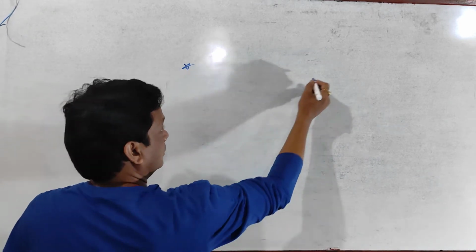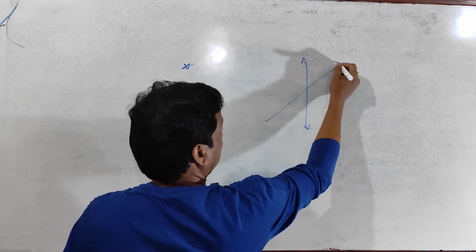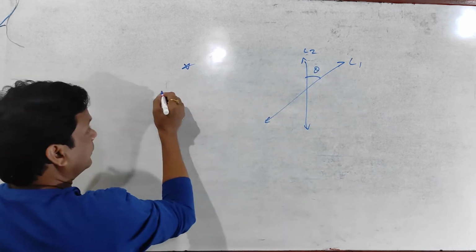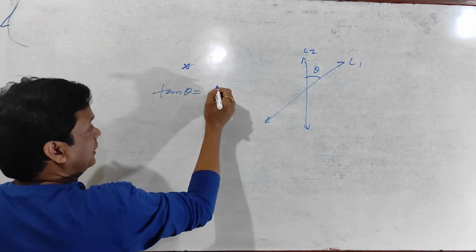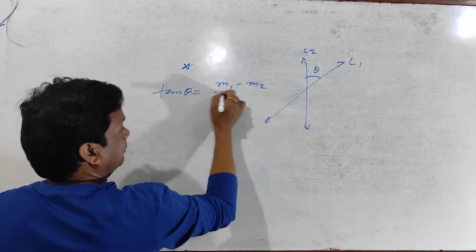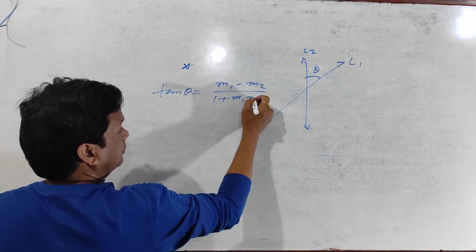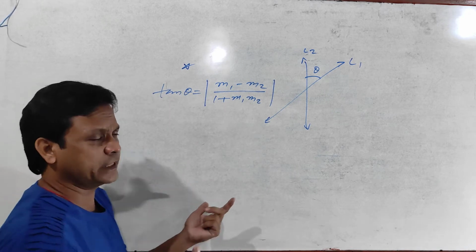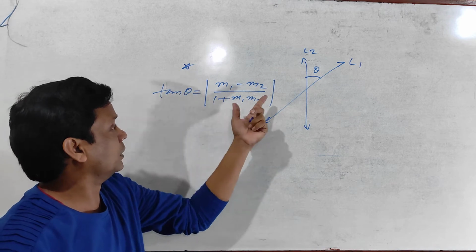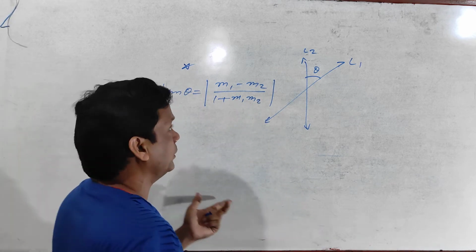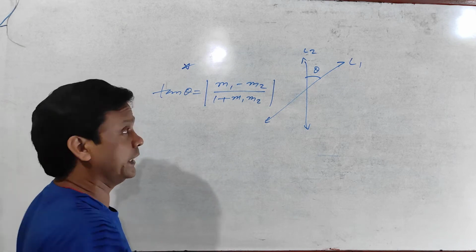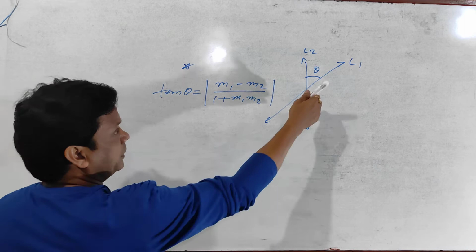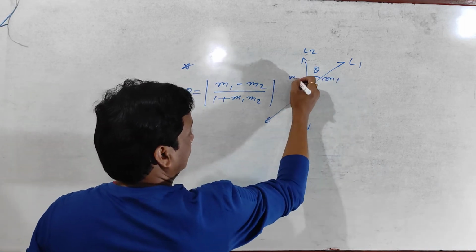Now see here. This is line L1 and this is line L2, and if theta is the angle between the two lines, then what is the formula for tan theta? Tan theta is equal to the modulus of (m1 minus m2) by (1 plus m1 m2). You are taking the mod, that means theta is taken as an acute angle. If there is no restriction to an acute angle, then you can remove the mod. That means it will become either positive or negative. For acute you will take positive, and for obtuse you will take negative. And in this case, theta is equal to tan inverse of this. This is the angle between the two lines whose slopes are m1 and m2.